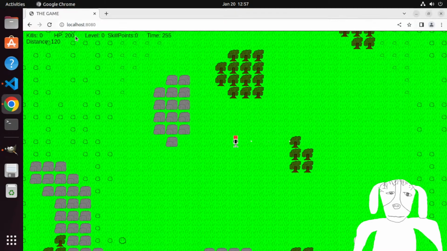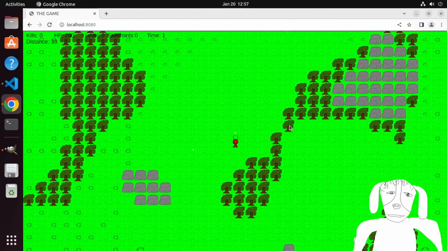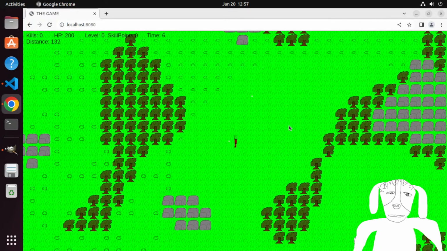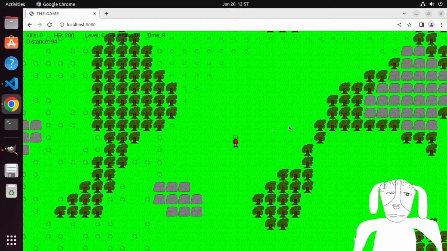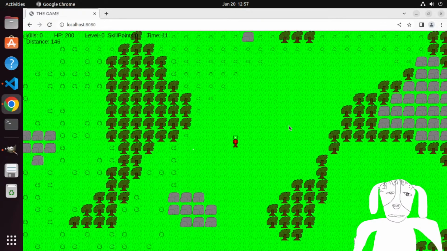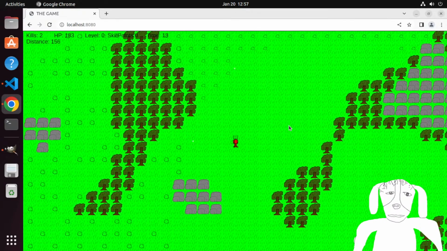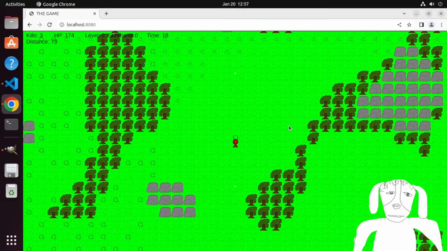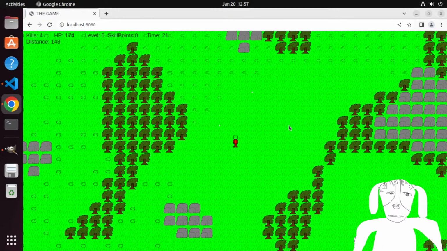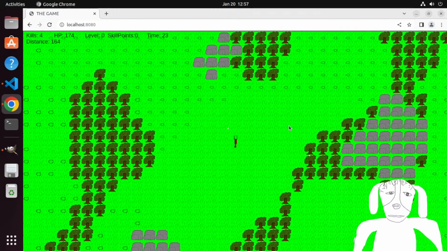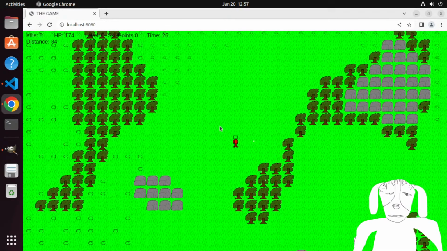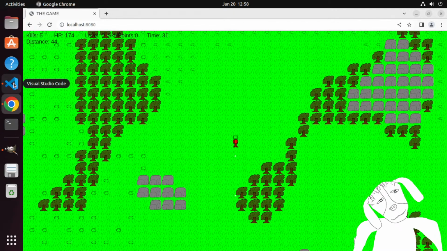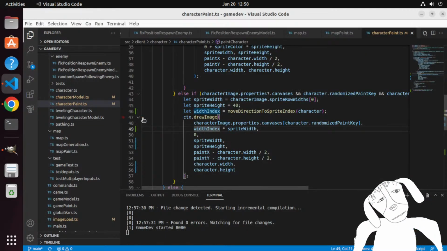This code already works. It works. Oh, I'm missing the white movement, which means